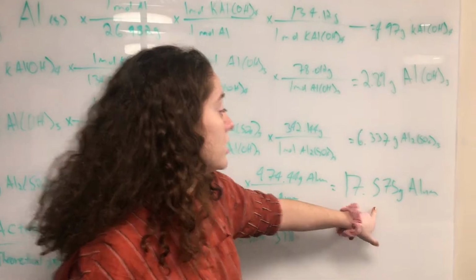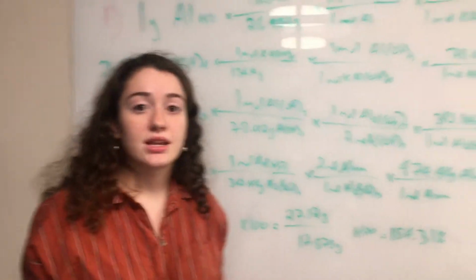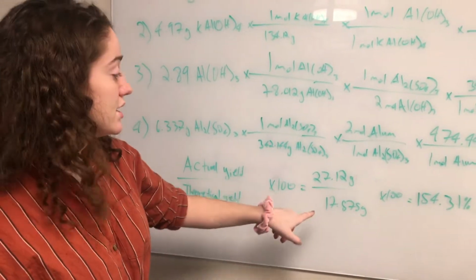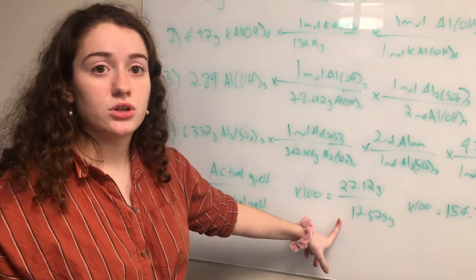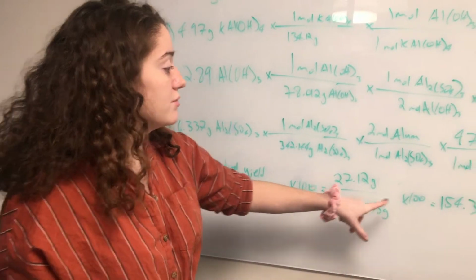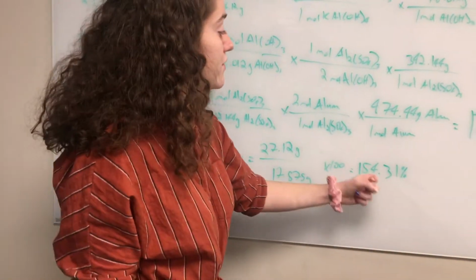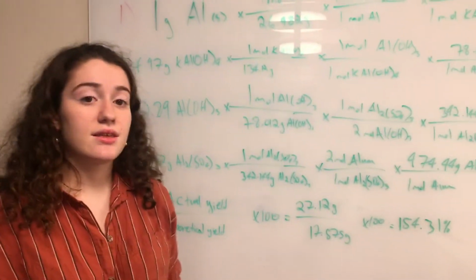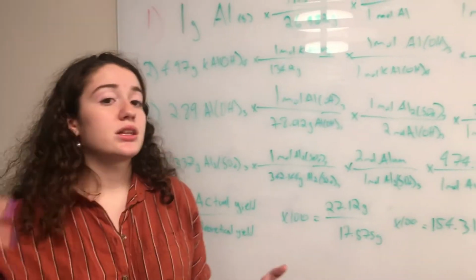So then from here, to find the percent yield, you take the actual yield, which for us was 27.12 grams, divided by the theoretical yield, so like how much it should have made, and multiplied by 100. So I had 154.31%, and the reason that I had more in this case than was expected is most likely due to the